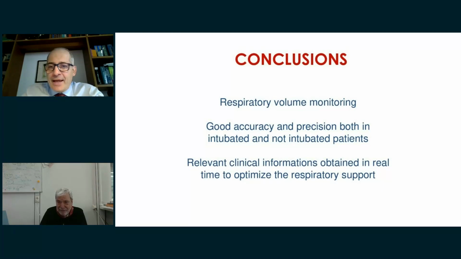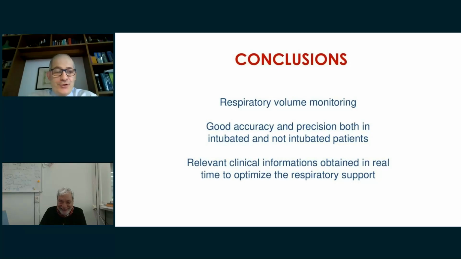Because you are a great expert in acid-base equilibrium, do you use bicarbonate during metabolic acidosis? Well, it's an old story. Not really. It's a long story. We don't have time for that. But